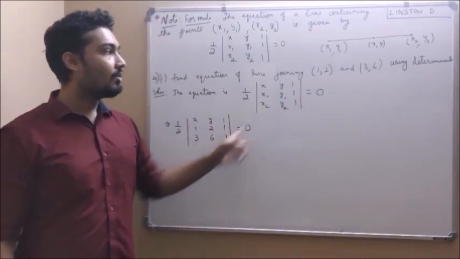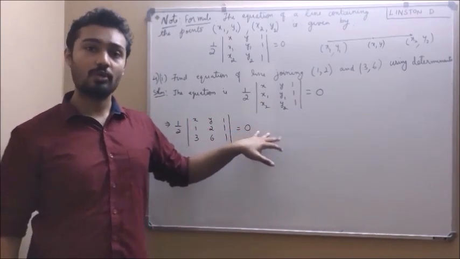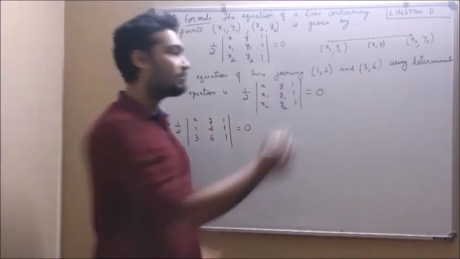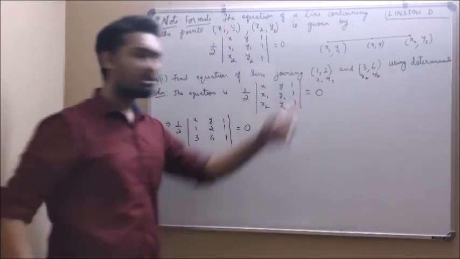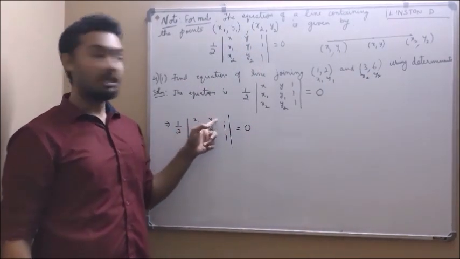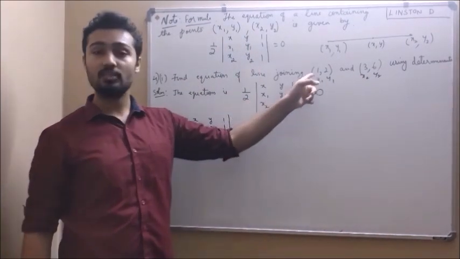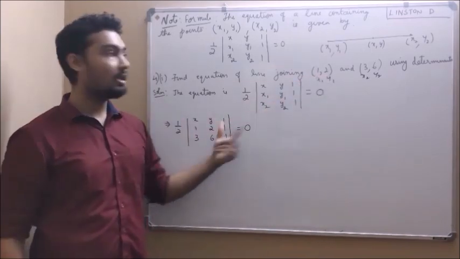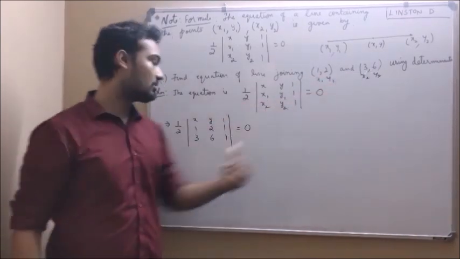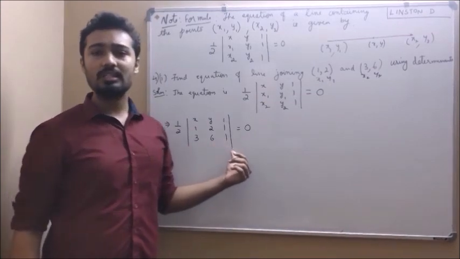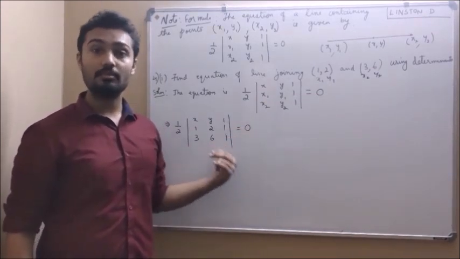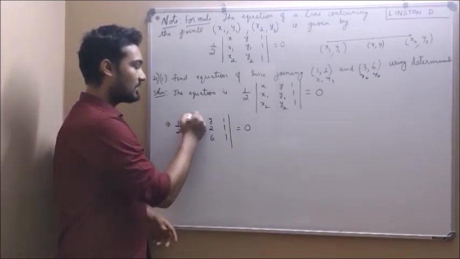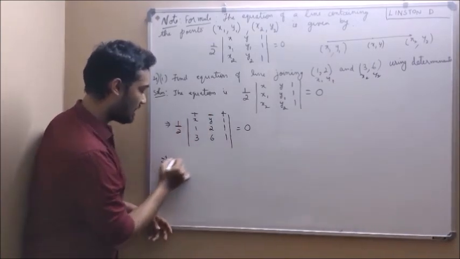Now what is x1, y1 and x2, y2? So the points are given. This point is x1, y1. This point is x2, y2. So substitute. First x, y. Then we have x1, y1. x1, y1 is 1, 2. Substitute 1, 2. x2, y2 is 3, 6. Substitute 3, 6. Next what is remaining is to find the determinant. You know how to find the determinant of a 3 cross 3 matrix. Plus, minus, plus. Then which implies half of